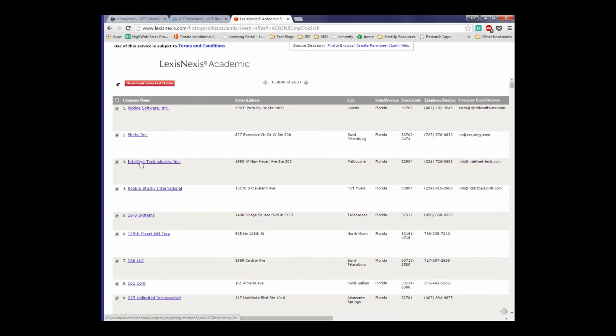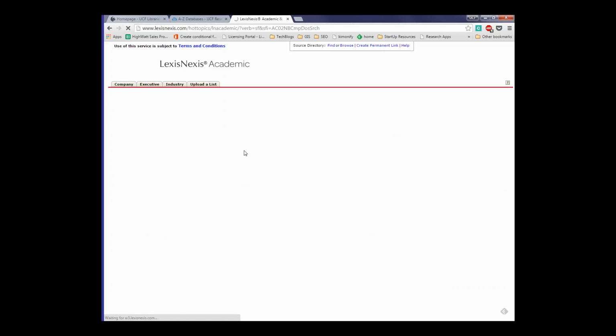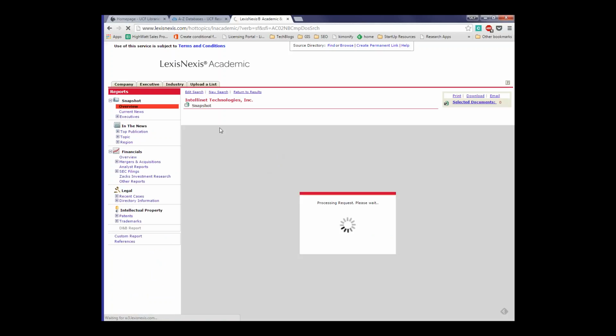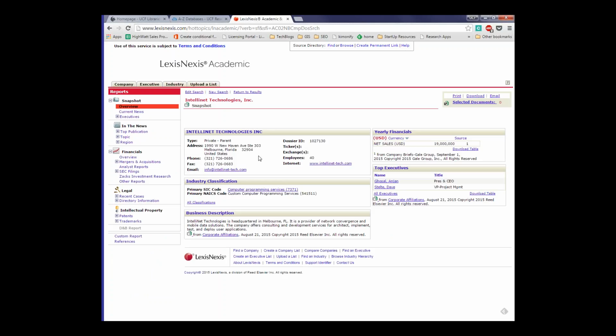So if we go into Internet Technologies, we can see the snapshot of information they have on them. You can see their location information, the industry classifications, the business descriptions, the yearly financials, and the top executives, which is obviously great information to have. So if we click on this All Executives tab,